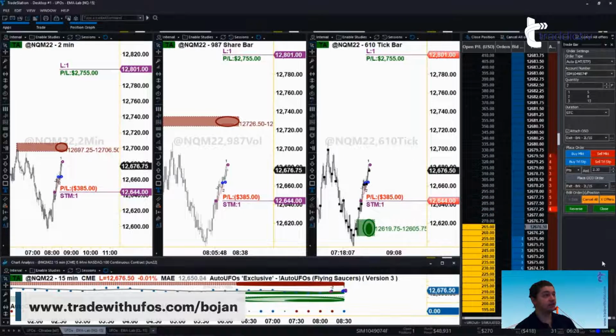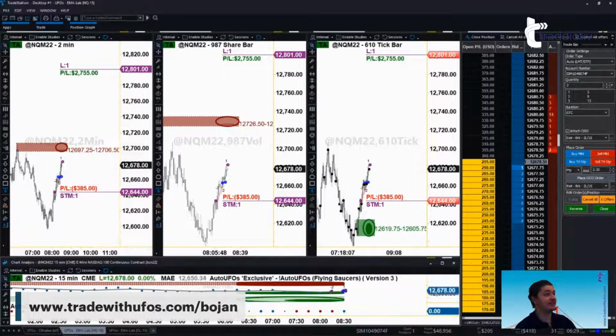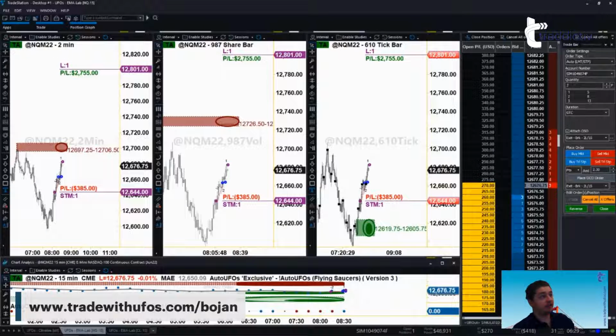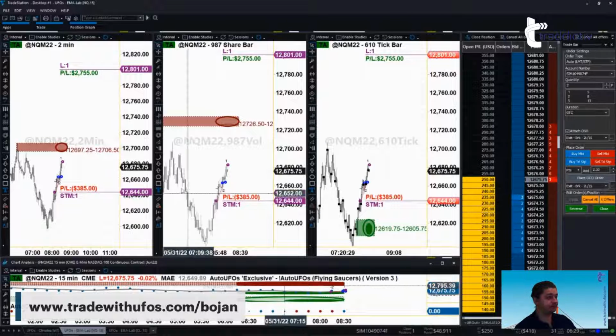But if you took it with me, you got your T1. You are in these, I would say one step less than the best case scenario. Best case scenario would have been if we had a new UFO pop right before this open so we can move our stop. So then it's a guaranteed profitable trade. But here we go. Strap yourselves in, buckle up, and get ready for the market to open.